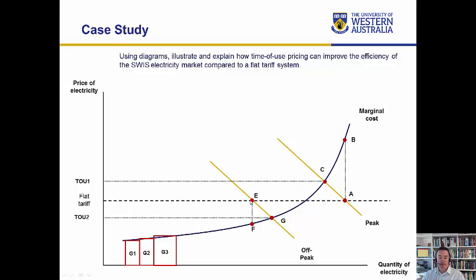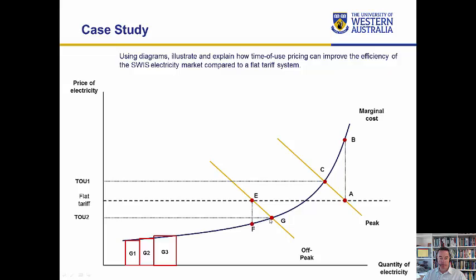Well, under the flat tariff, the level of demand is E. If we went to a time of use off-peak price of TOU2, the level of demand and also supply in the system would be equal to G. Okay, so if the price is actually at E, the problem with that is that if we could somehow move to point G,